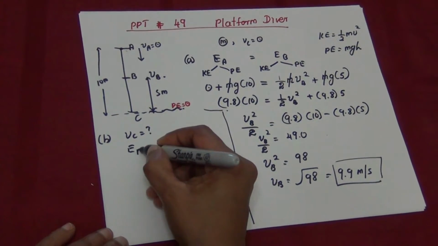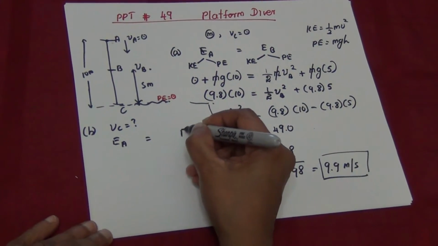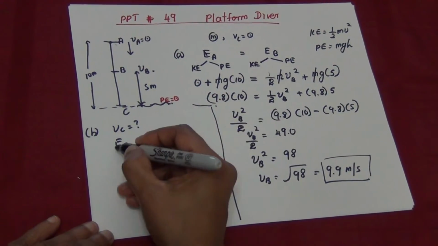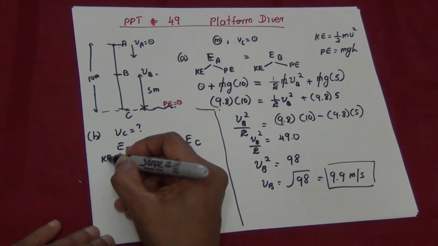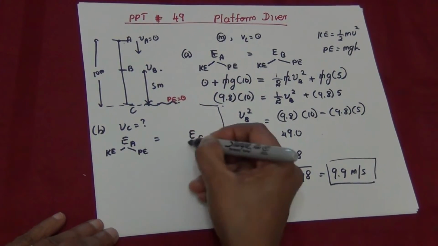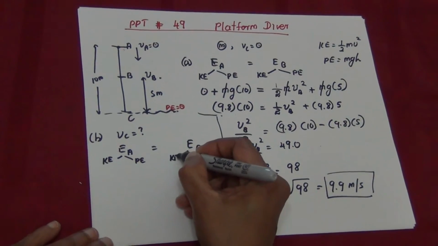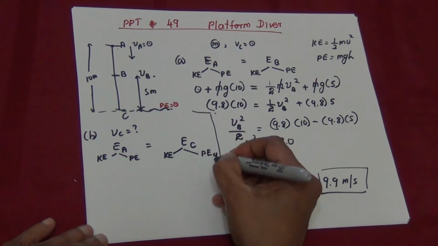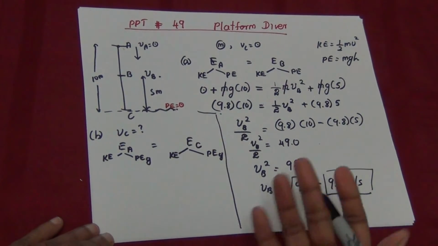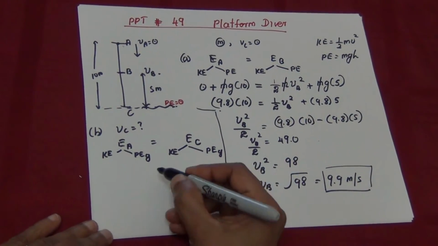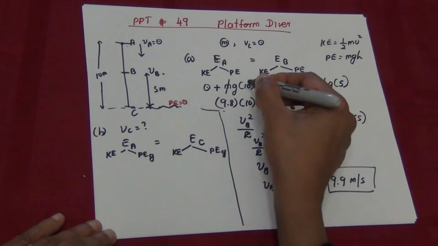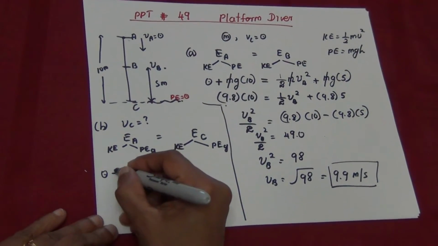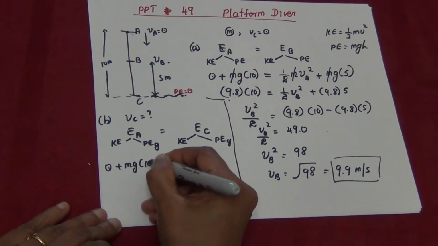So the energy at A should be equal to energy at C. So you know kinetic, potential. All this time we have only gravitational potential energy. If you like, you can put this one, but you can just leave that notation. So VA same as that. So mg into 10